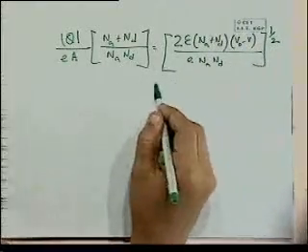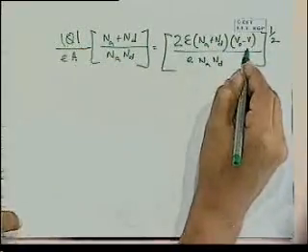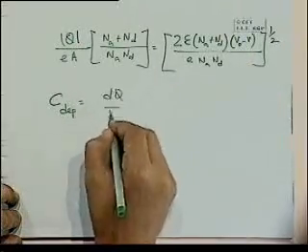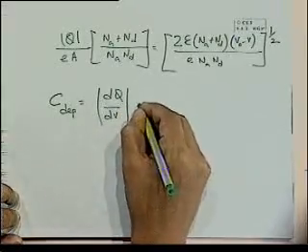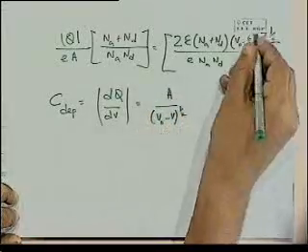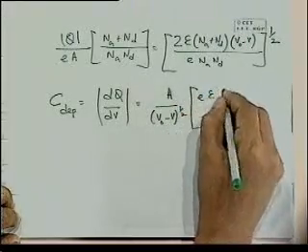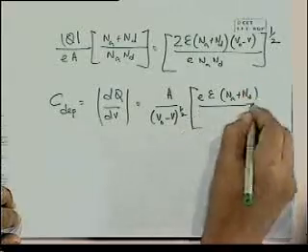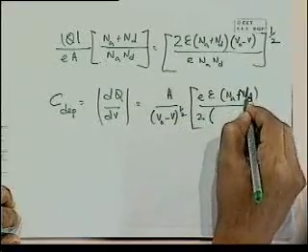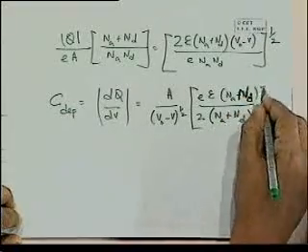You can play with this equation, rearrange it, simplify it, and then differentiate Q, dQ by dV, to get the depletion layer capacitance, which turns out to be A by (V naught minus V) to the power half. That's the only term that's getting differentiated really. Epsilon N_A N_D, I'm sorry, N_A N_D, not plus. In the denominator we have N_A plus N_D. This is simply (N_A N_D) to the power half,